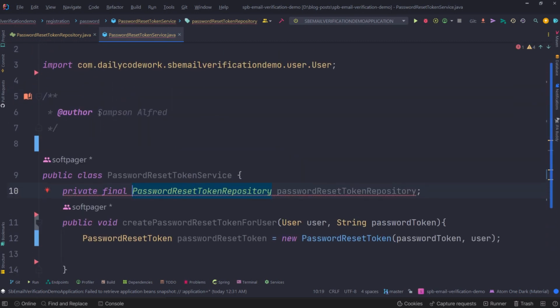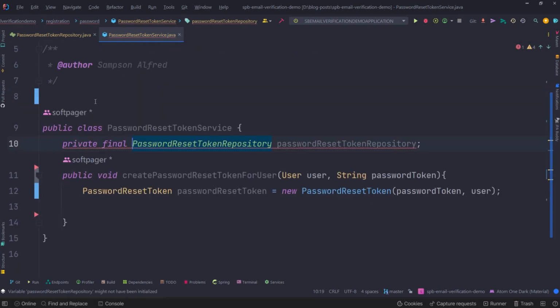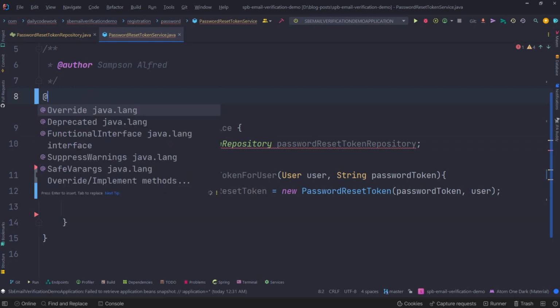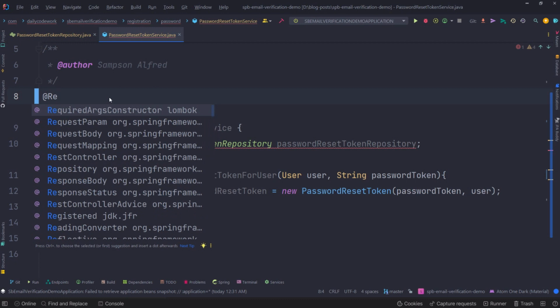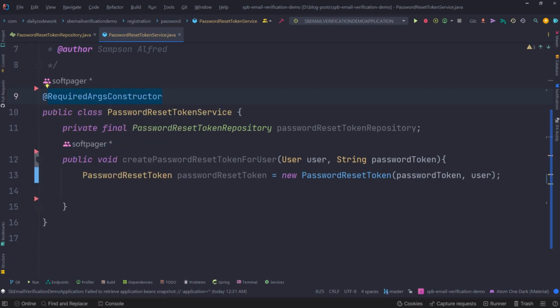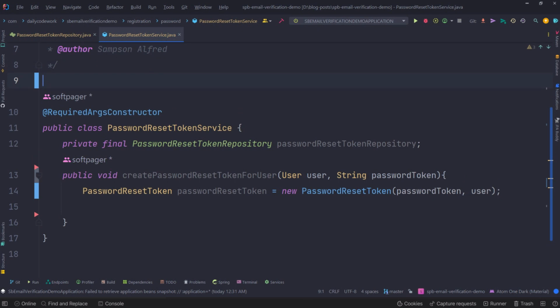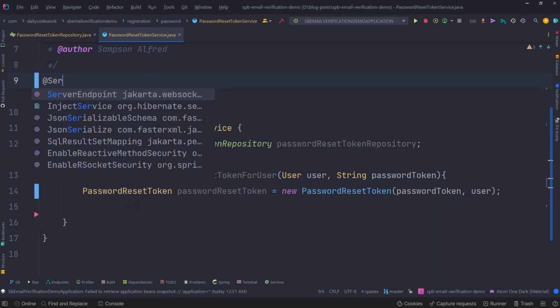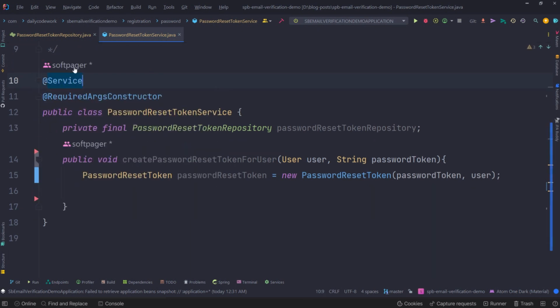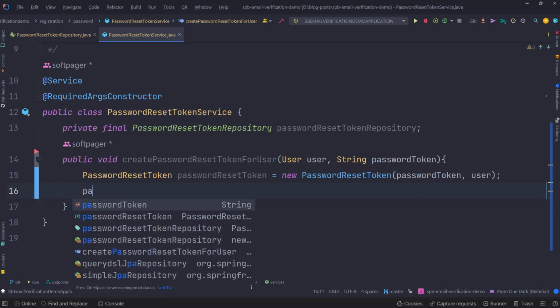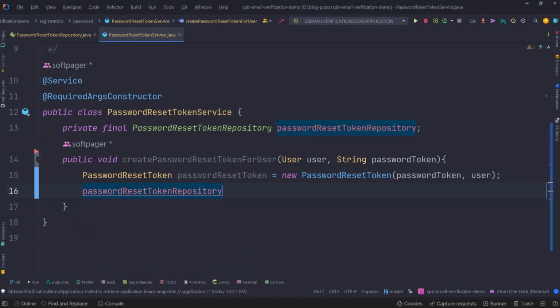And for that, we're going to have a Lombok annotation whereby we can inject this one through constructor injection, right? So I'm just going to do @RequiredArgsConstructor. And before I forget, this one is a service class, so we're just going to say @Service here. Okay, so now we're just going to call this guy here to actually save this token for the user to the database. PasswordResetTokenRepository dot